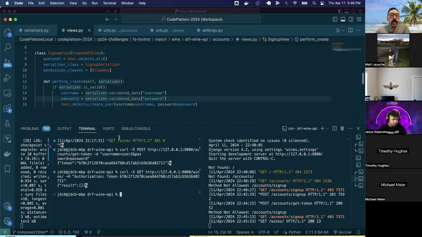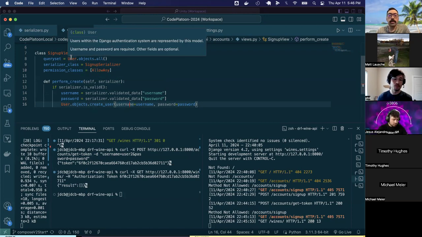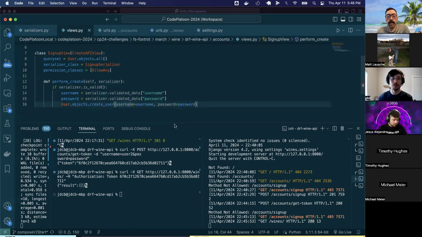We created two separate endpoints, basically. The first endpoint was to create your username and password. So we hit that through the browser. All that does is it passes in your username and password to the serializer, which then through the views.py is converted into a database entry. And that's the user.objects create user. Once that user is in the database, like let's say I've signed up,